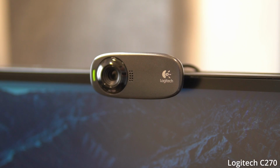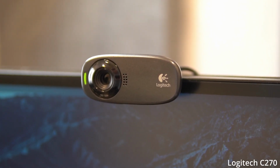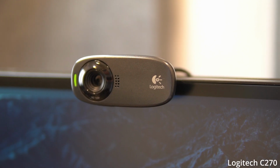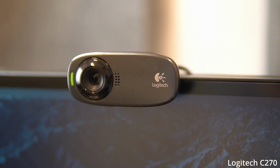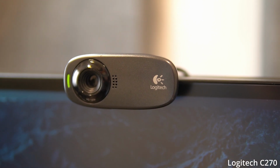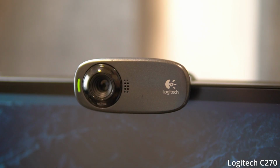Okay, so yeah, that sounded pretty good. Sounds pretty reasonably rich for being distant and being in a webcam. Not quite as good as the eMeet, but certainly a lot better than the ToLuLu, in my opinion. So that was the Logitech C270. Next, we're going to jump into the Amcrest